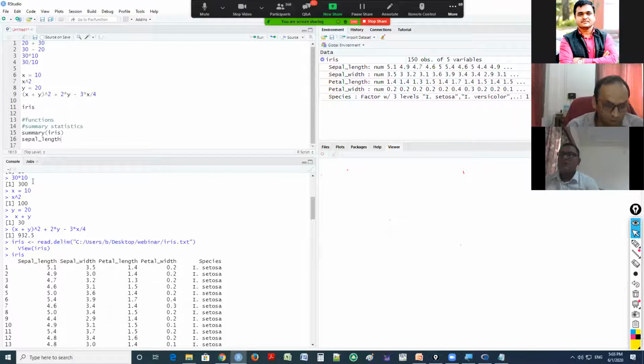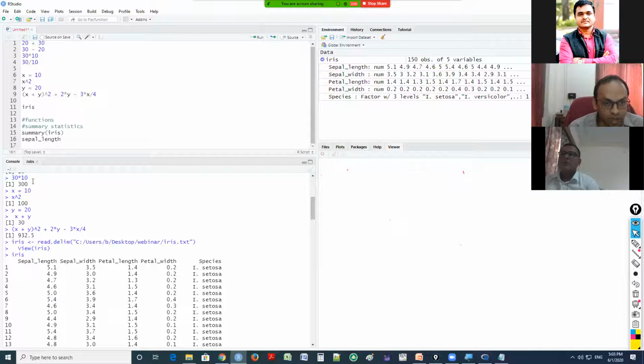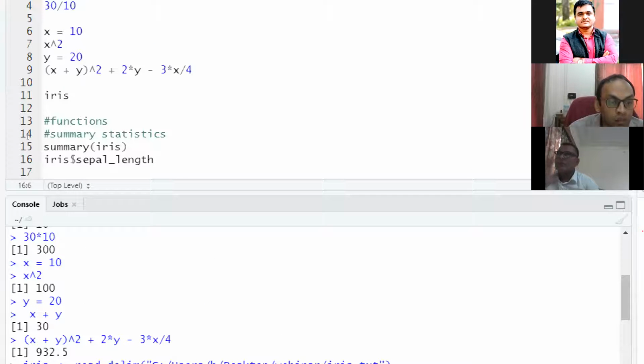So for that, you have to write iris and then a dollar symbol. Just focus here. I have given the name of the dataset, iris, then a dollar symbol, and after the dollar the variable name, sepal length. If you want the mean or average of that, you use the function mean with iris dollar sepal length. So if you just run this line,